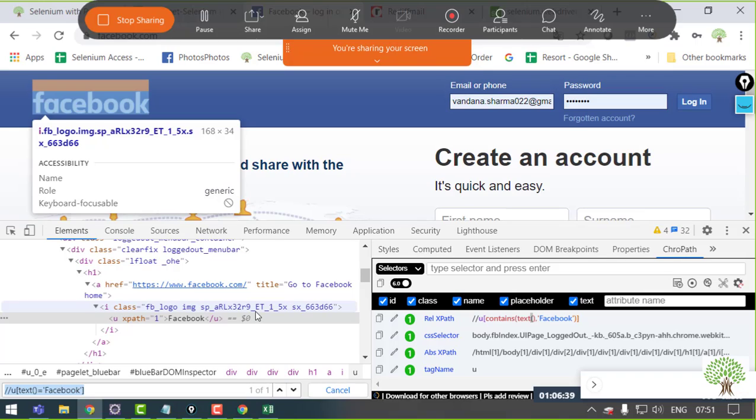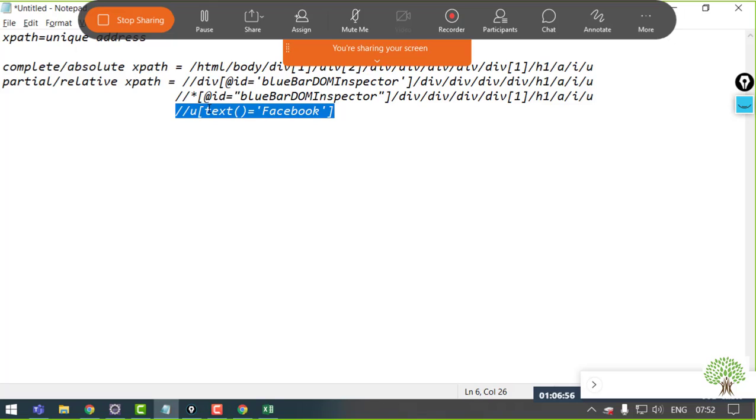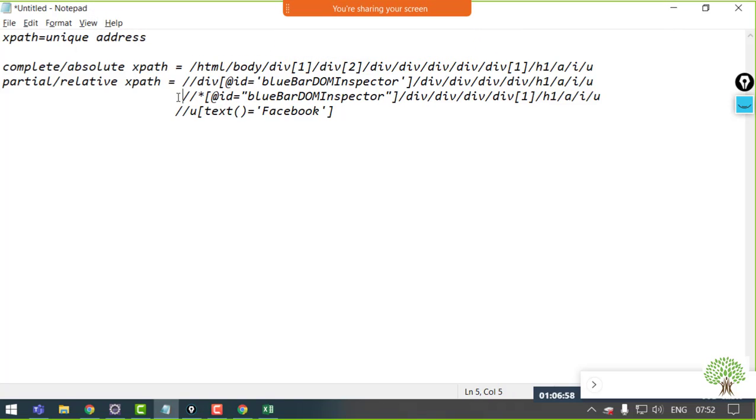That you cannot say on Firefox. In many ways, Chrome is better for inspecting the elements. So you can try on both, whichever you find easy to extract the element on, and you can make your own XPaths as well.